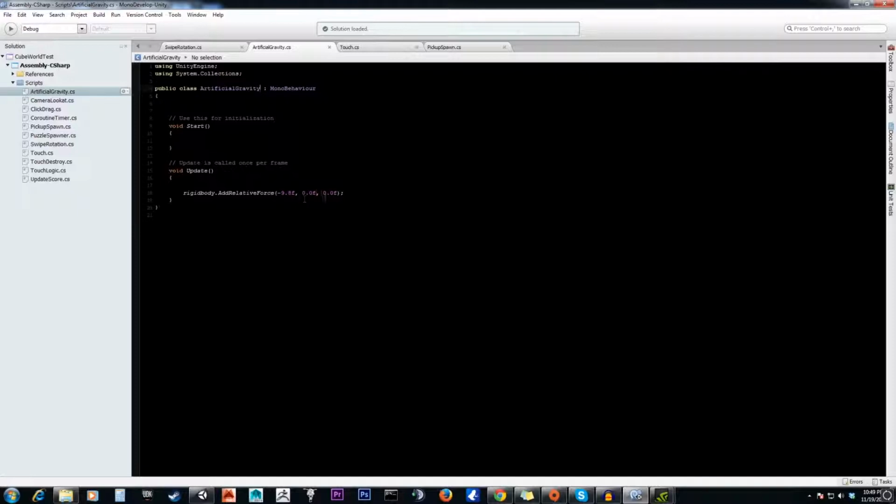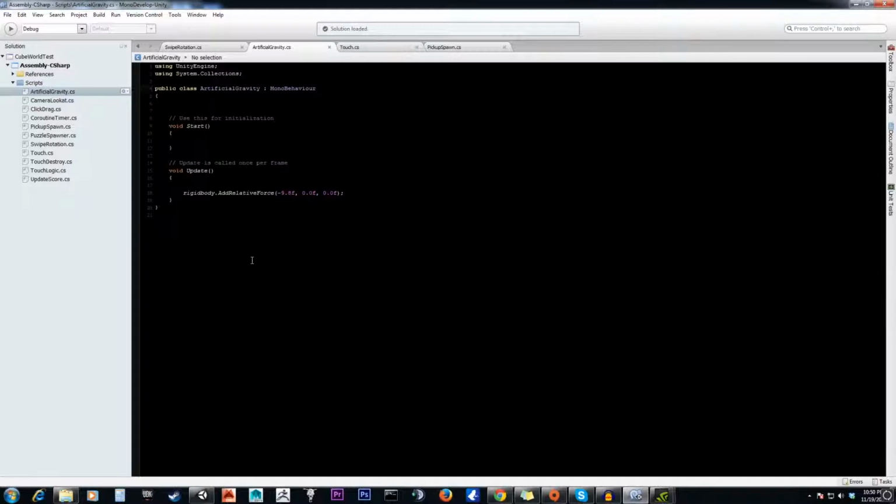I have this set to manipulate the spawning object's rigid body. So essentially its weight, to add relative force. I played around with this originally and only had add force so that it would be pushed by an invisible force in that direction. I found adding this relative part will only make it use its axis instead of the world axis. The add relative force, so if I got rid of this relative, so just add force,